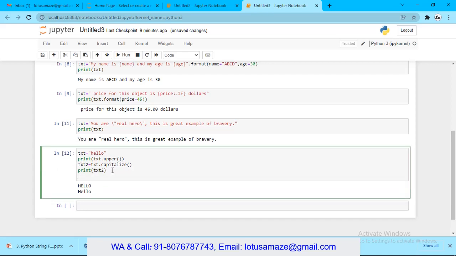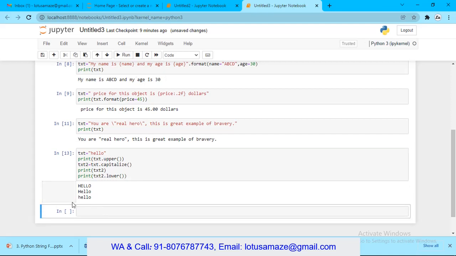And if I put lower, so txt2.lower, it will convert the complete string to lowercase. These are the three functions we use for upper and lowercase conversion.